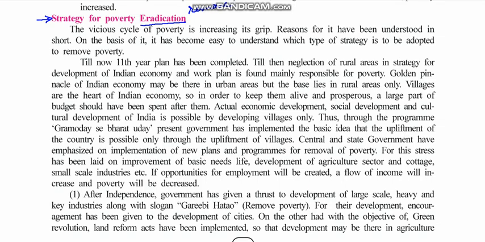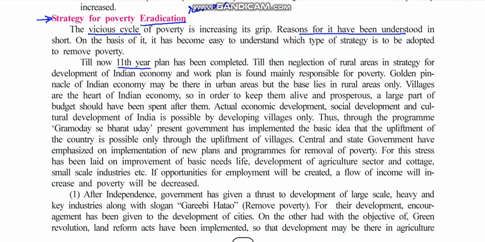Let us see. The vicious circle of poverty is increasing its grip. Vicious means deadly, dangerous. The reasons for it have been understood. We knew the reasons already, right? On the basis of it, it has become easy to understand which type of strategies to adopt to remove poverty, and what kind of things we need to consider and what steps to take to remove poverty. Till the 11th 5-year plan,